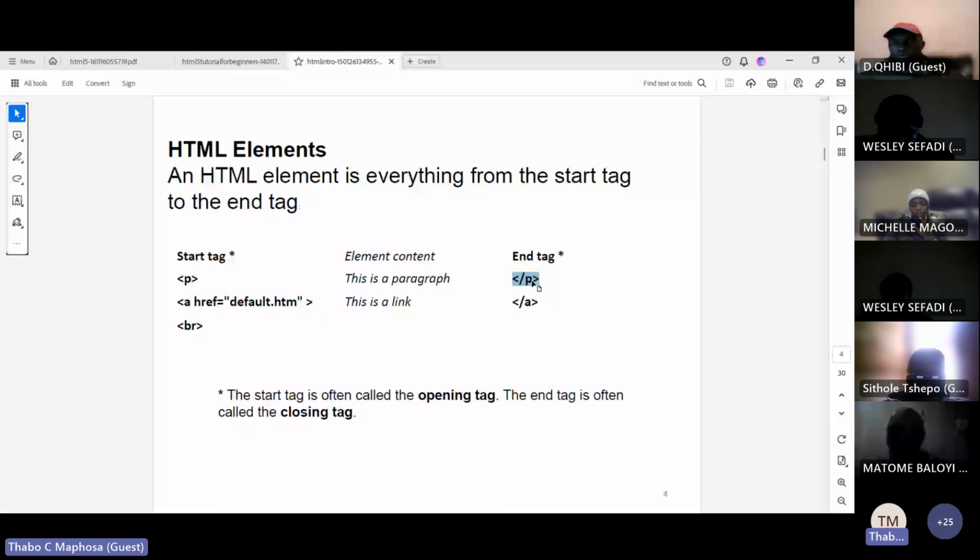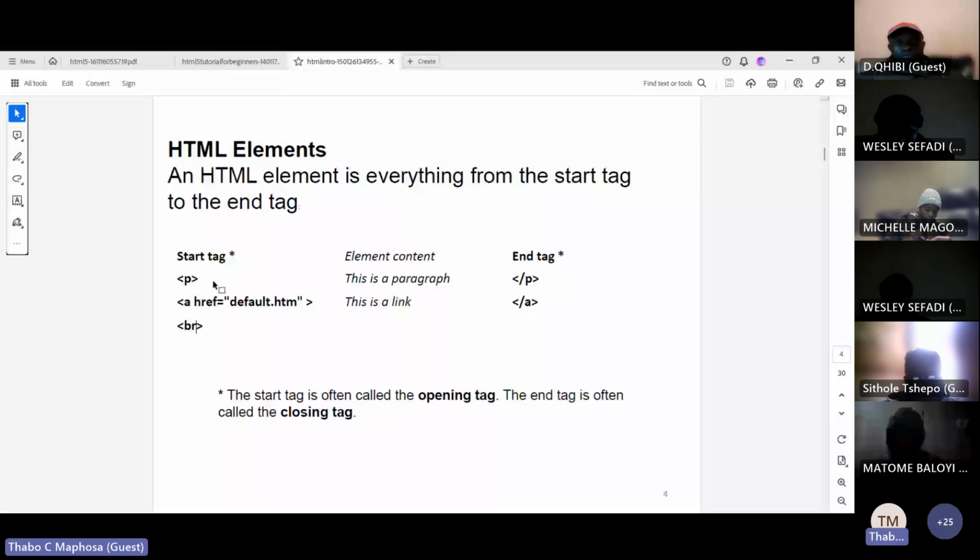And then the second aspect, you've got your A tag, href, and from there, this one we know is a link. Because you opened it as an A, it has to be closed. But the ones like BR and HR, you do not need to close. BR and HR, the line break and the horizontal line, those ones you don't need to close. But everything else, once you open, it has to be closed.